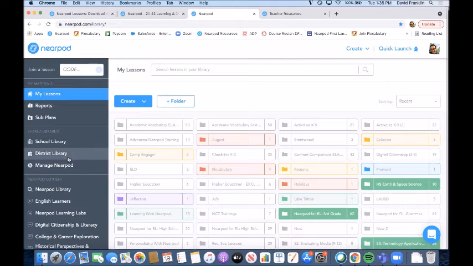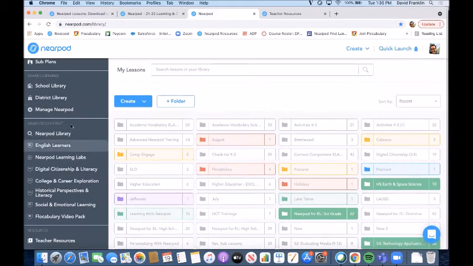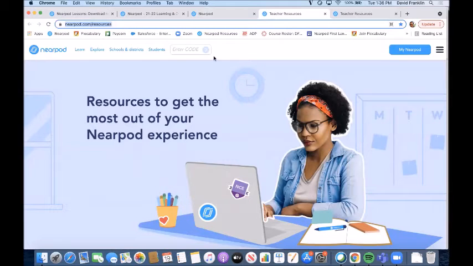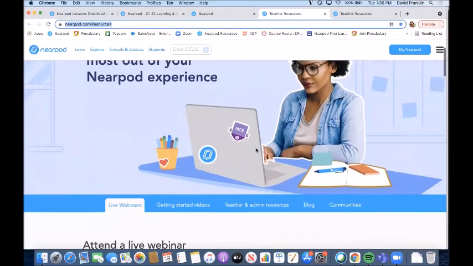If you're doing this on your screen, that's fine too. All the way on the left-hand side of your home screen, if you scroll all the way down to the bottom, under Resources, you have a Teacher Resources tab there. If you click on that, it's going to take you to our Teacher Resources page. Now, I'm going to grab that and post that in the Zoom chat. There you go. If you want to bookmark that, you can, but you always have access to it in your Nearpod account. And this is a great website